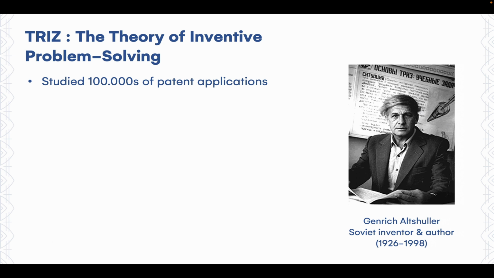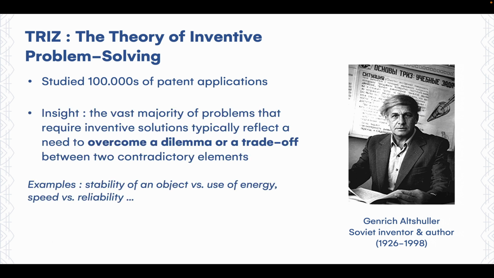And each of these patents, brevets, were attempts to solve a problem using a new invention or method. And by studying all the patterns of these inventions or these proposed inventions, he had an insight, which is that the vast majority of problems that require some kind of new solution typically reflect the need to overcome some kind of dilemma or trade-off